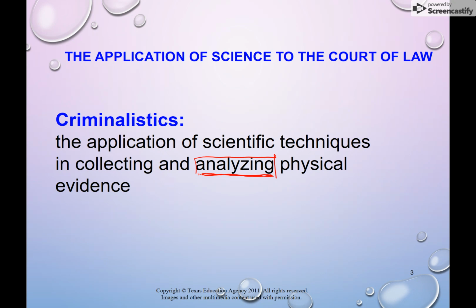So you're probably thinking to yourself, well, that's kind of what a forensic scientist does. So how is that different, Miss Courtney? Well, it's different because people in our society believe that both of these people do the same thing, but they don't. So the criminalist is the scientist. They're the ones that's analyzing the actual evidence and figuring out, well, what exactly does the evidence show you? The forensic scientist, in the true sense of the word, is more like a crime scene investigator or a CSI. So off to the side, if you will please write what I'm about to write down.